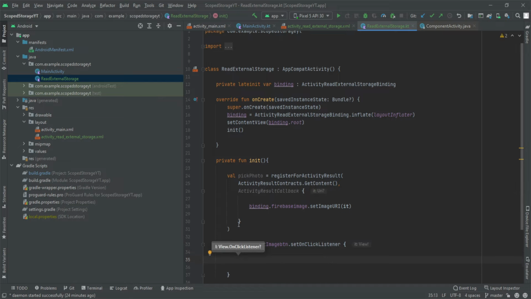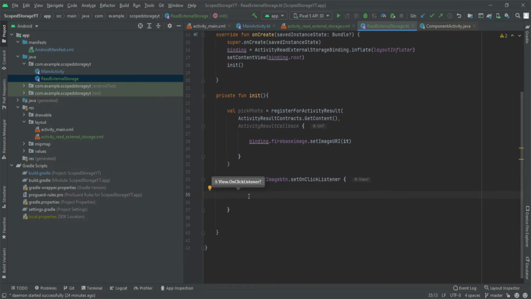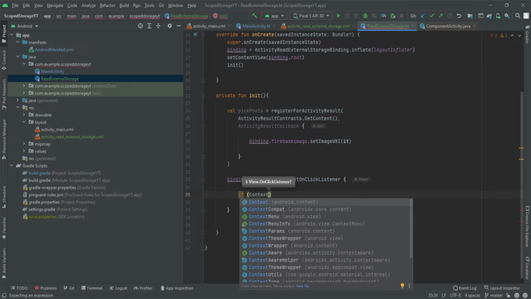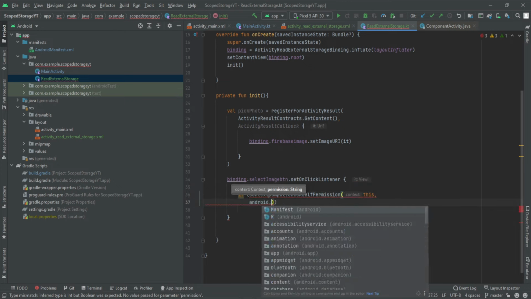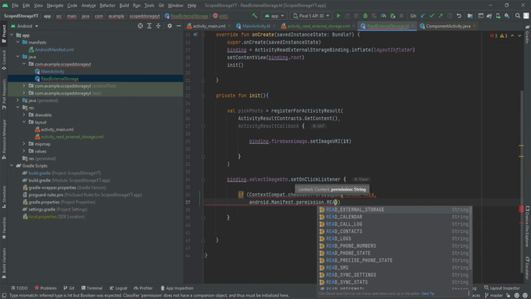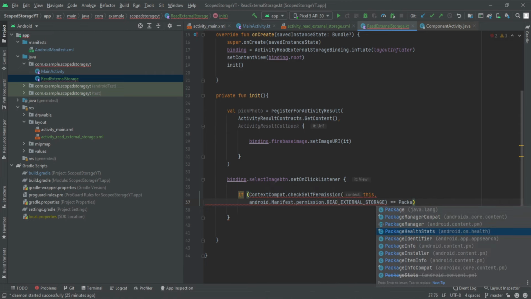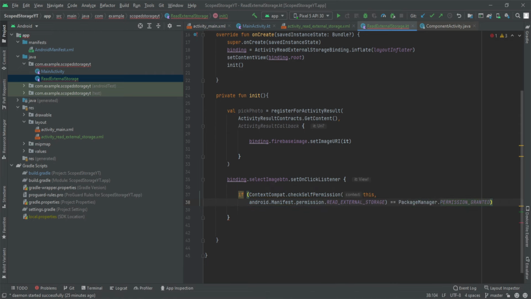After that, we're going to set the on-click listener on the select image button. Whenever the user taps on this button, first we want to check if the read permission has been granted or not. If the permission is granted, we'll launch this pick photo launcher.